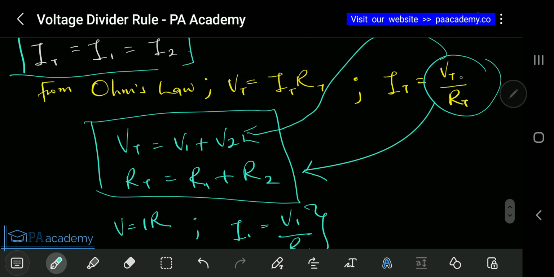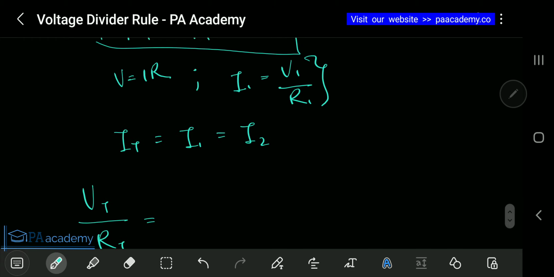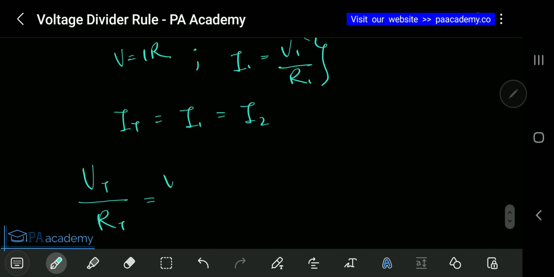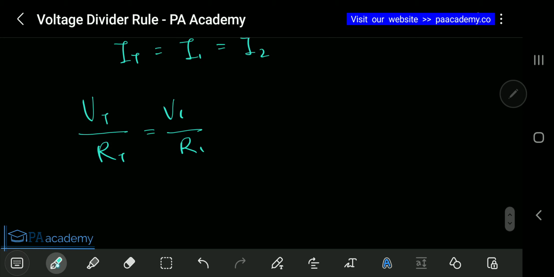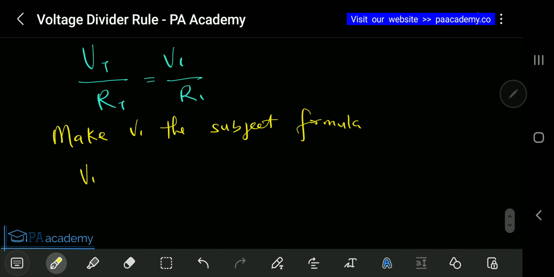So we can say that since our I total we've established is VT over RT, we can write that VT, that's our total voltage, over RT is equal to our I1. Remember, they are both the same value. We've explained that. It is also equal to V1 over R1. So from this now, if we make V1 the subject of the formula, that means our V1 will be Vt R1